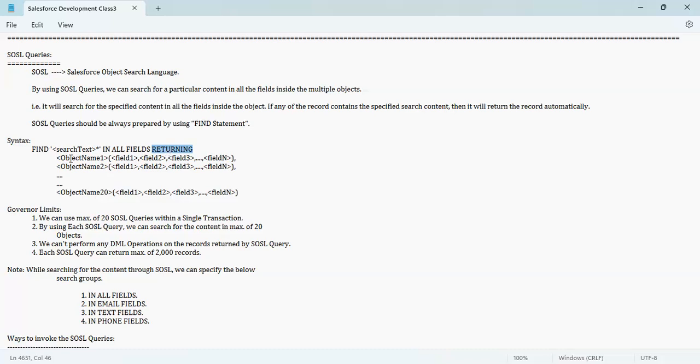And here we can specify the object in which we want to search. We can specify up to a maximum of 20 objects. So at a time, a SOSL query is going to search 20 objects in parallel. That's the power of SOSL query. Whereas in